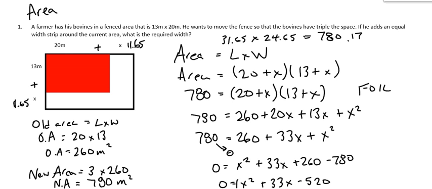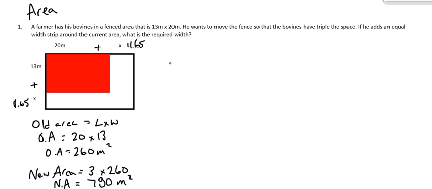The shorter way is to use Desmos. So just give me a second. I'm going to erase all this. So I need an area equation. Same thing: 20 plus x, 13 plus x. And I need another area equation, which is the one where we figured out on the left, right down here,